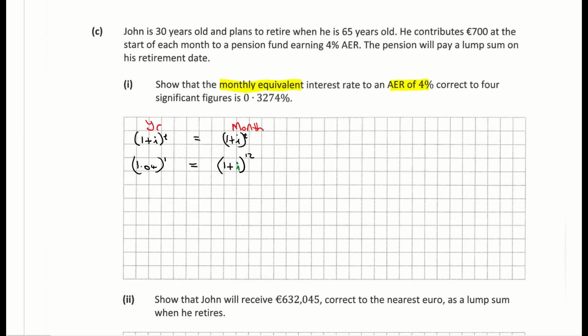Different ways of getting rid of that power of 12. You can use the 12th root or multiply it by the power of 1 over 12. So I'm going to go the root of multiplying it by 1 over 12 because 12 multiplied by 1 over 12 is 1, and I need to do that to both sides because if you do it to the right hand side of the equals, you need to do it to the left hand side of the equals. So I'm multiplying that 1 multiplied by 1 over 12. On the right hand side, like I said, that 1/12 multiplied by 12 will cancel to become just 1. So it's 1 plus I to the power of 1 is equal to 1.04 to the power of 1/12, which is